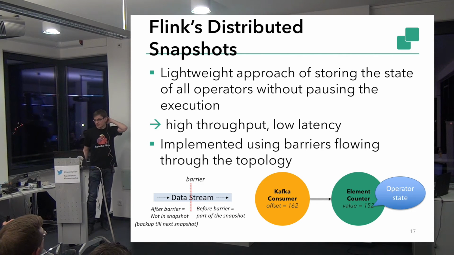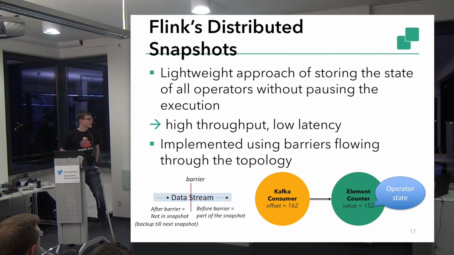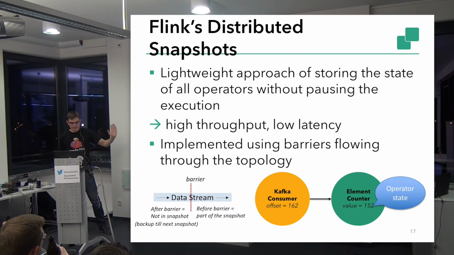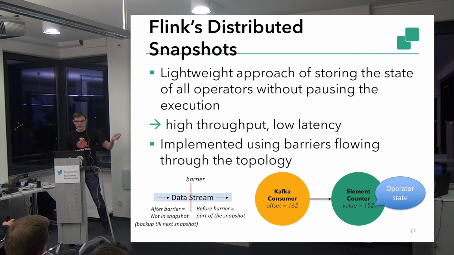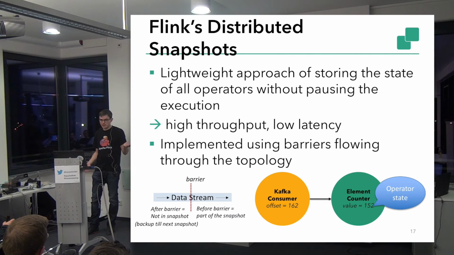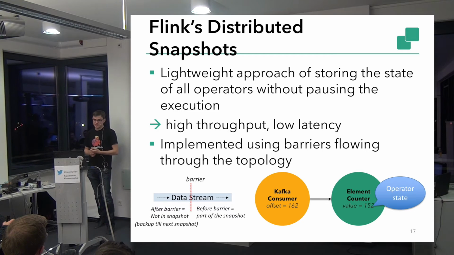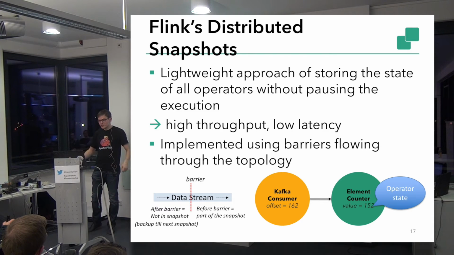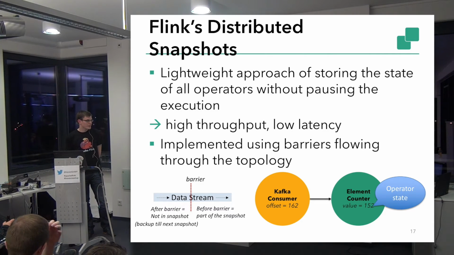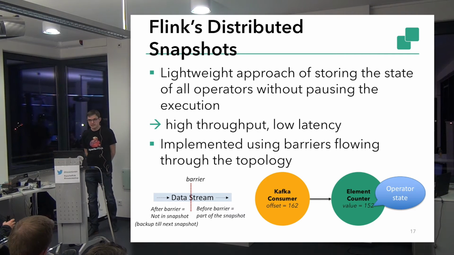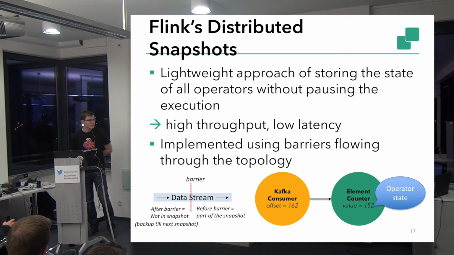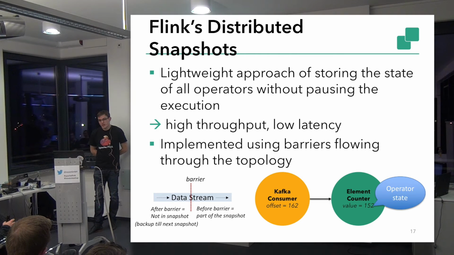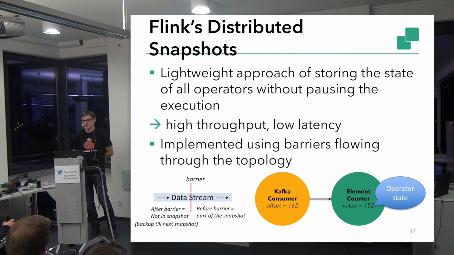So it's a very lightweight approach of doing state backup in a streaming system. And you can also configure how often we insert these barriers into the system. So you can configure the trade-off between latency and throughput and the time you need to restore. So if you have a barrier frequency of 10 seconds, then it might happen that you lose your processing worth of 10 seconds. But I think everything up to 500 milliseconds is certainly possible for these barriers. It depends on the size of your state, of course. And you can store the state in memory, and you can also store it in file systems.